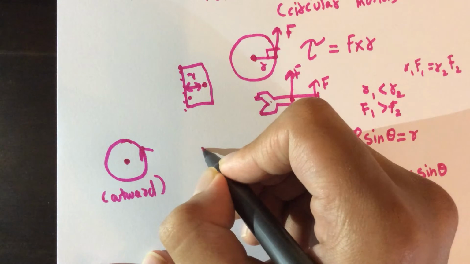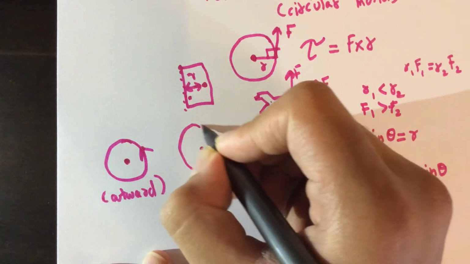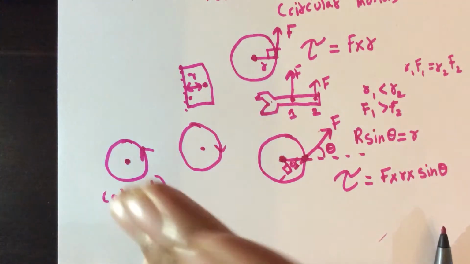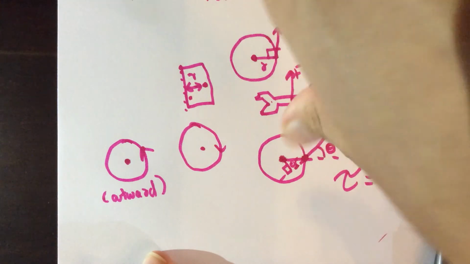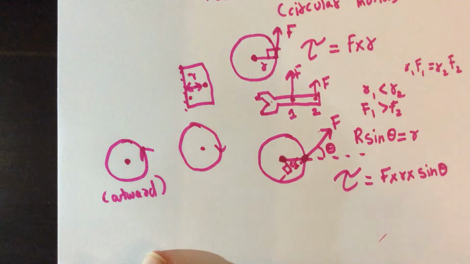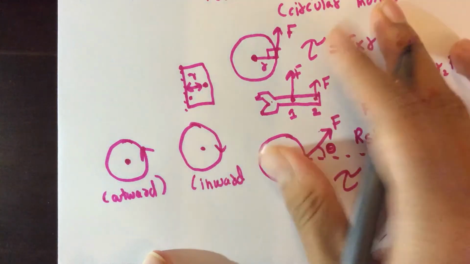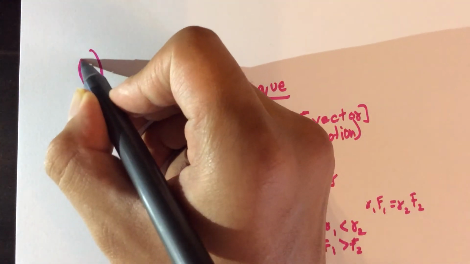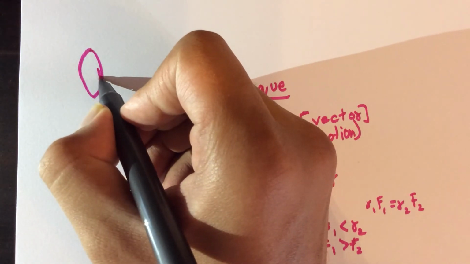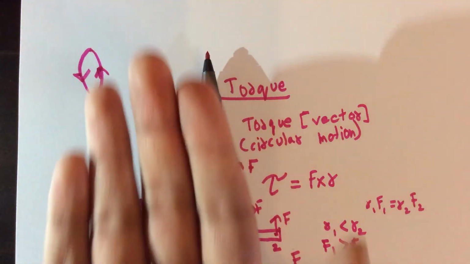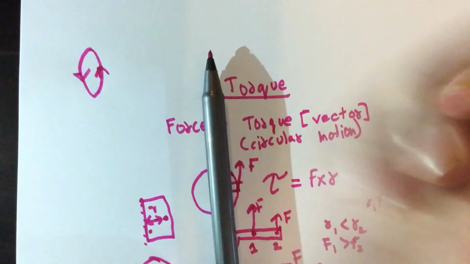Now, if the motion was clockwise, it would be the opposite. I have to put my fingers this way and point downward. You can try it out yourself. So it would be inward. Now, what if I were looking at a disc sideways? I'm looking at it from the side, and the motion is in this direction. So I curl my fingers and point this way. My torque